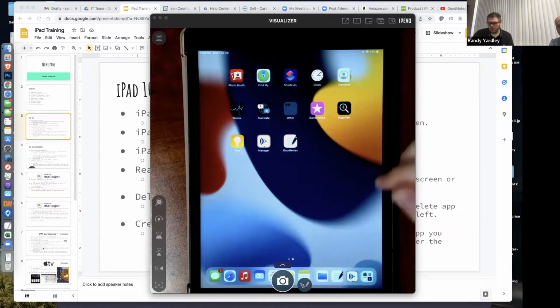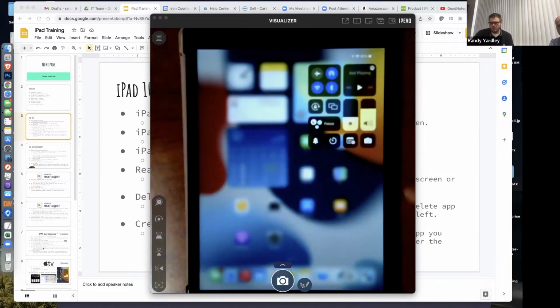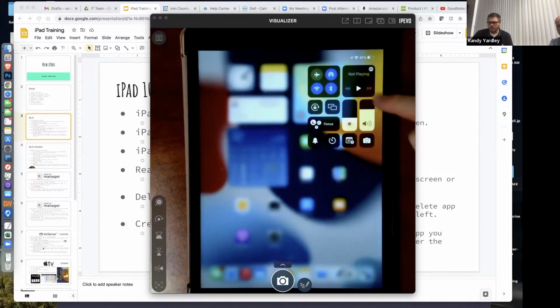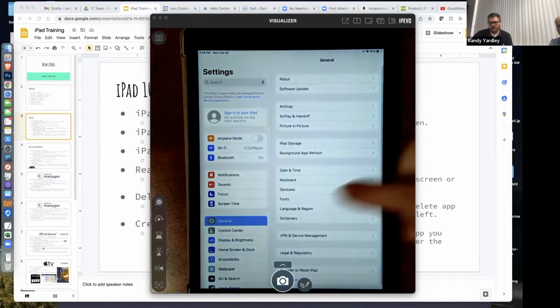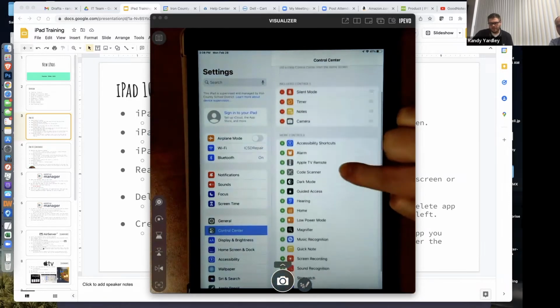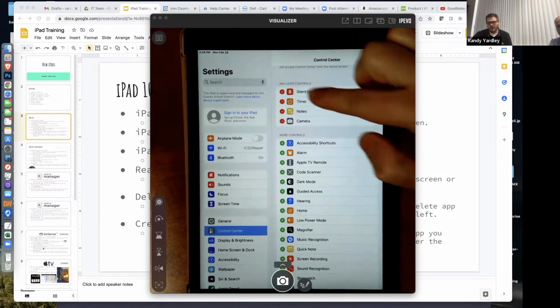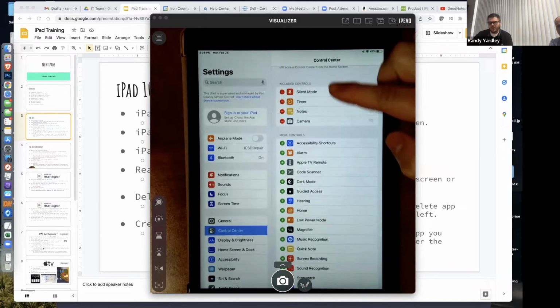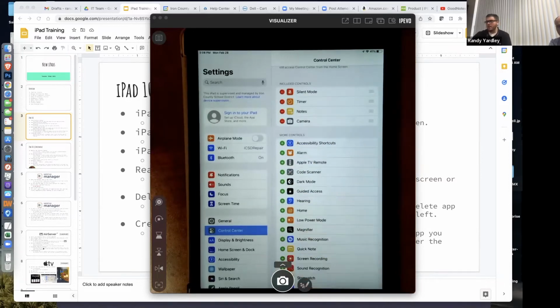the next one is your Control Center. So up here, when we pull down from the right, we get our Control Center. There's a lot of apps that you can add in over here. If you come into Settings, and now we go to Control Center, all these are the different apps that you can add. If they have this red minus, that means they're already there. If they have this red plus,